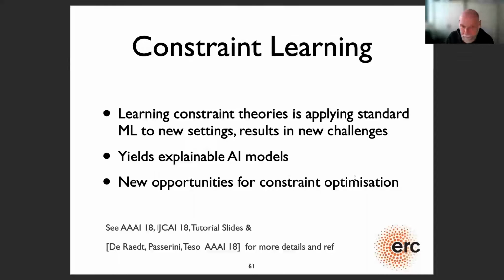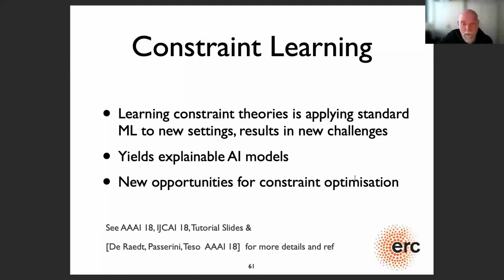So constraint learning from a machine learning perspective, there are a lot of tutorials and overview papers that we've written about that, together with Stefano Teso and Andrea Passerini and Samuel Kolb and others. If you look at constraint learning from a machine learning perspective, it's just applying machine learning to a new setting. The kinds of hypotheses, the kinds of functions you learn, are different than what you typically have. And that gives a couple of new challenges. And it also typically yields